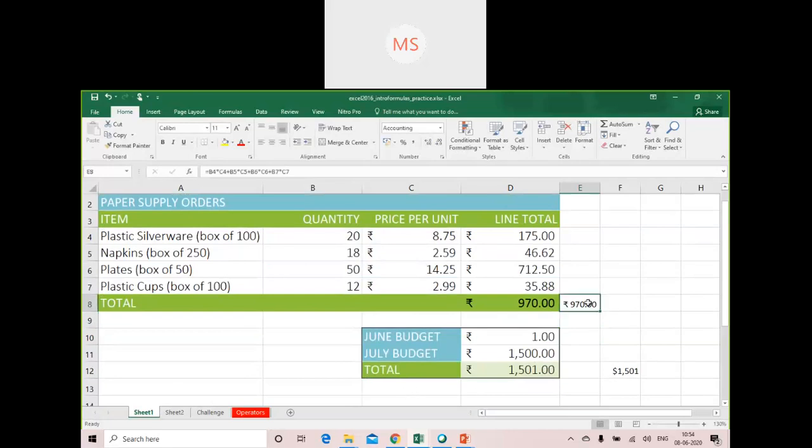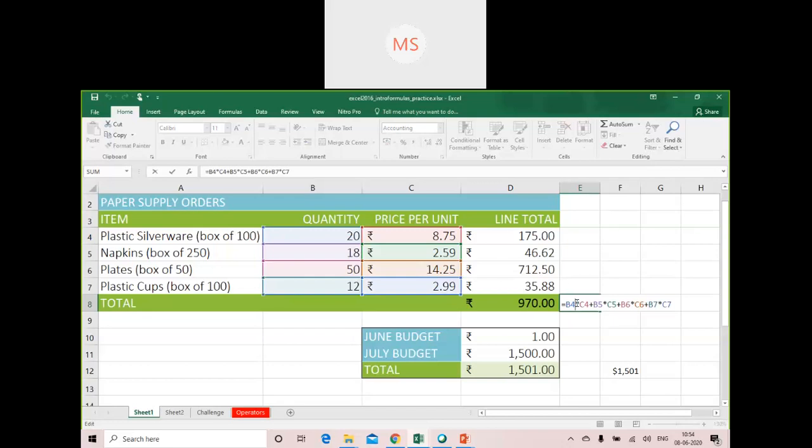So the same result I am getting here. If I am adding these four cells, I will get 970, because these four cells consist of the multiplication of these two cells. And here, instead of that, directly I am calculating the bill: I am calculating these two cells, multiplying these two cells together and then adding their results together.